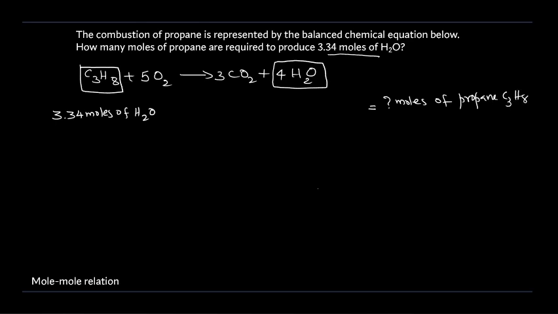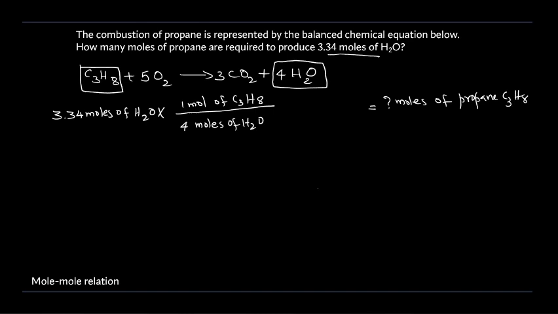Now I will arrange the conversion factor in such a way that moles of water will cancel and I should end up with the moles of propane in the numerator. So I will arrange the moles of water in the denominator first, and I will look at the equation to see how many moles of water. I have 4 moles of water for each 1 mole of propane,